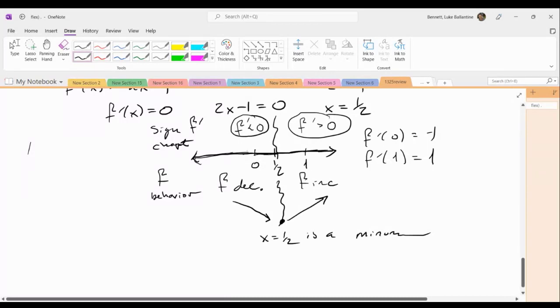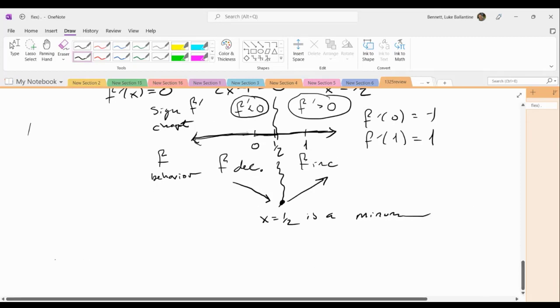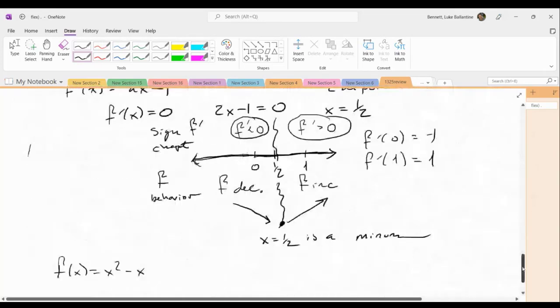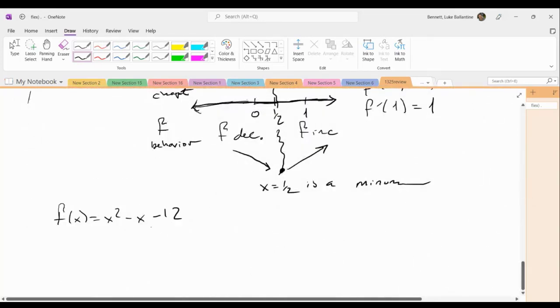Solve f prime. Solve f of x less than or equal to 0. Oh wait, the intervals on which it's positive and negative. Okay, well now we just have to do some algebra. So f of x is x squared minus x, what was it, minus 12? Yeah, minus 12. So we want to find where it's positive, where it's negative, and where it's